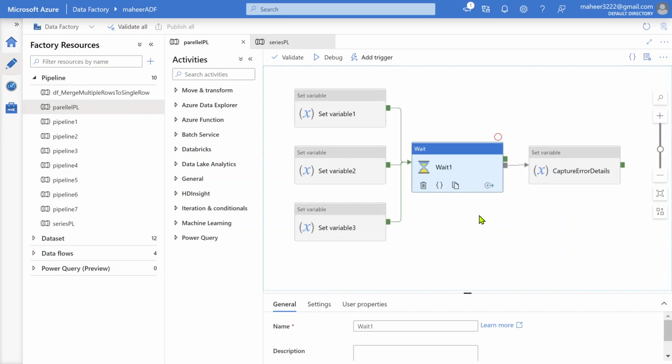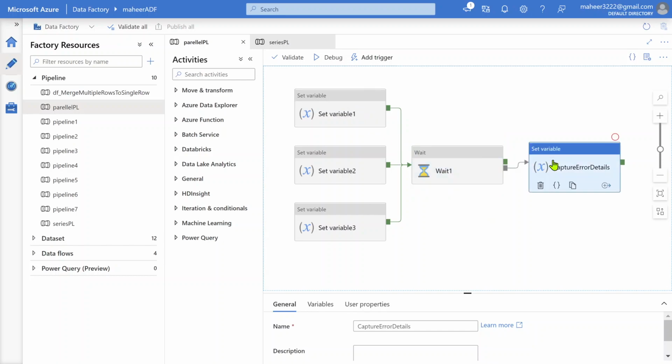Now a lot of people will be thinking, okay, this is fine. We are only using one activity to capture any activity failures, and we are not duplicating it. We are not adding this activity into all these three activities on failure. We are just adding only one activity throughout the pipeline and trying to capture if any of the activities fails. That is working fine also. We have seen that in part 29.